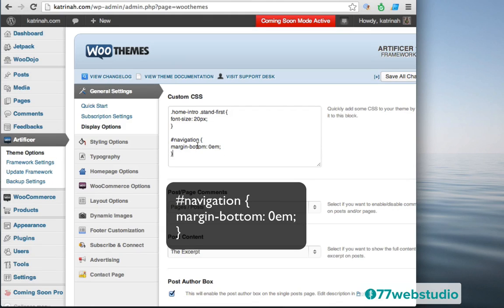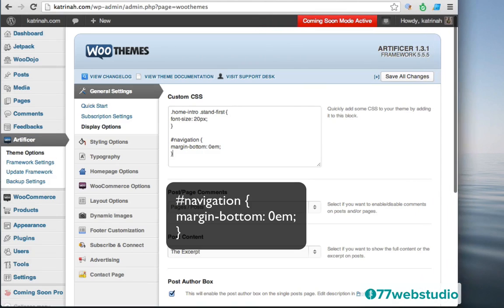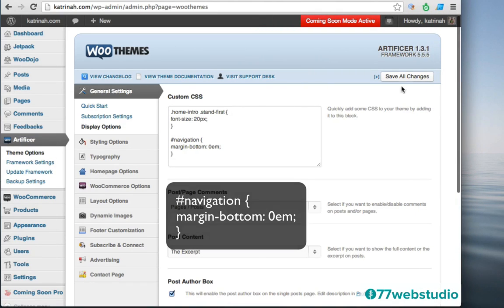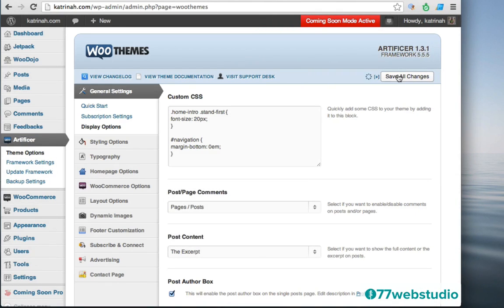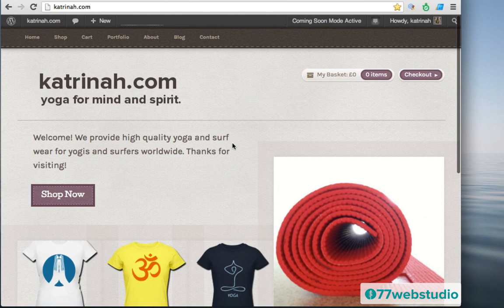Okay, so once we have all of the new navigation margin bottom added, I'll just widen my screen here a little bit. Then I'm going to click on Save All Changes to save the changes. Once the options have been updated, go to Visit the Site by clicking on Visit Site. And here we go. Now this looks so much better. There's not as much space anymore. This is just how I want it. So okay, now it's looking really good.